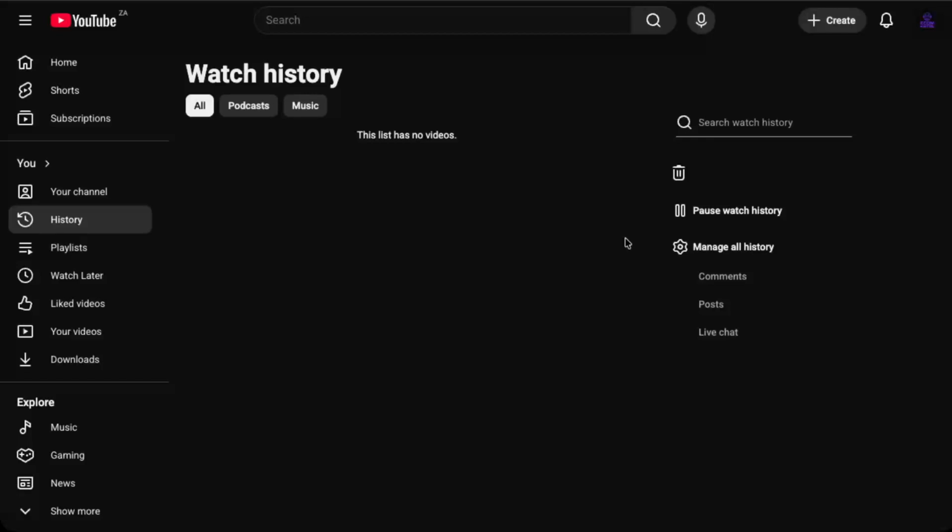That's all you need to do. By going to your YouTube dashboard, opening history from the left-hand column, clicking the bin icon, and choosing Clear Watch History, you've successfully cleaned up your